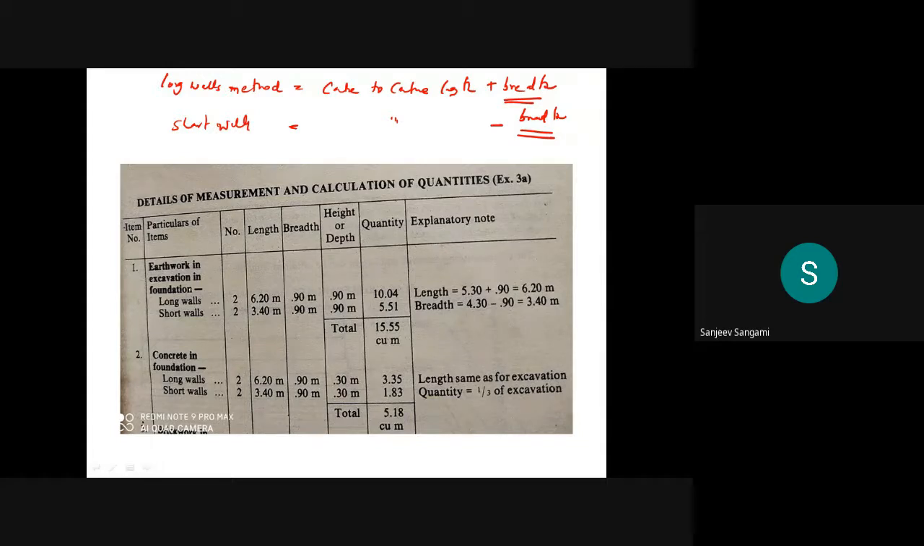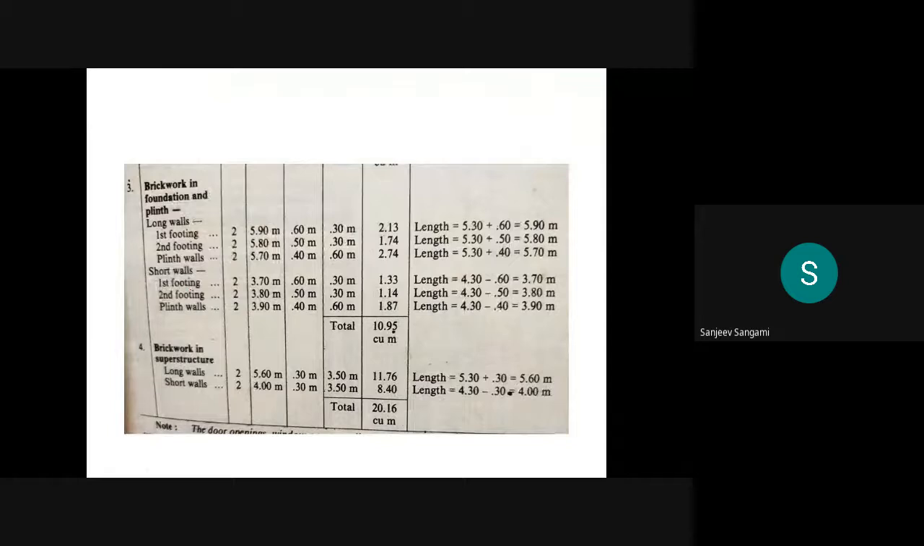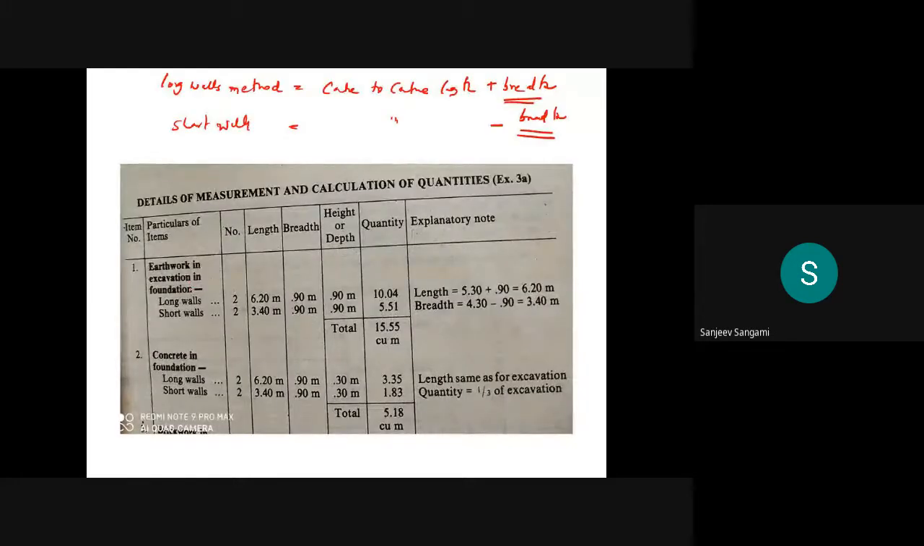So first, which items are there? I already said that earthwork is there, concrete is there. Then you have brickwork in the foundation and the plinth, and brickwork in the superstructure. These are the particular items that you have to include when doing the calculation of the quantities. First one, whenever you're calculating the long walls,